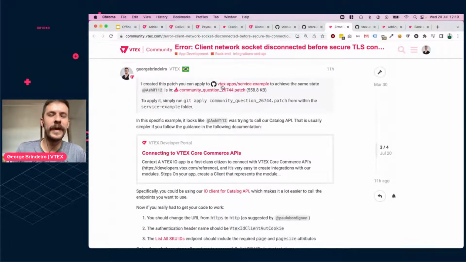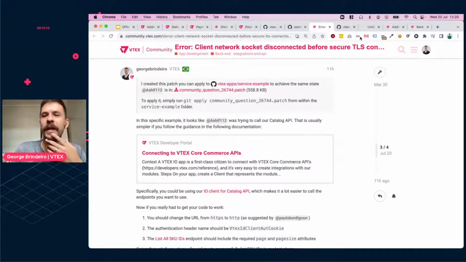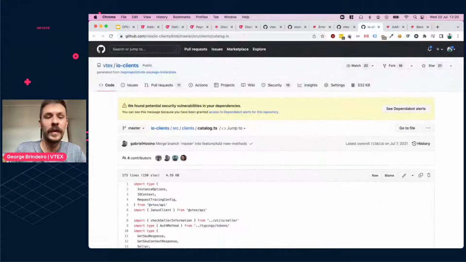But this is the final solution I came up with last night. So this is a patch if you want to replicate. But first tip I gave to Ashif is if you're calling VTEX APIs, you should definitely take a look at the connecting to VTEX Core Commerce APIs documentation, where we go through the IO clients solution that really helps a lot. So there are a couple IO clients that you can just import and use. One of them is the catalog client. But the way you'd use it, as seen in the README,